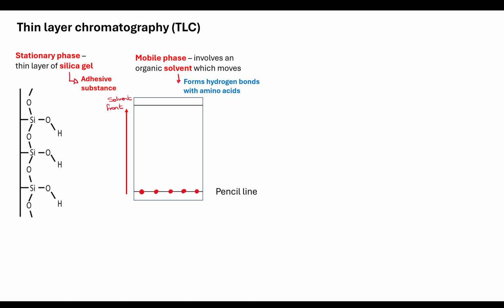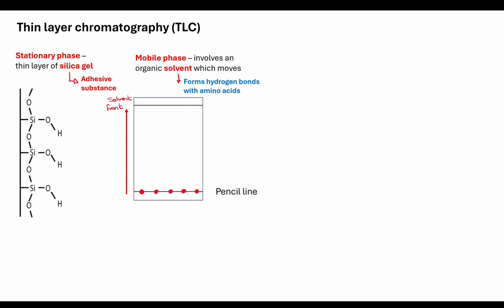So the next thing we need to understand is that mobile phase, that movement of the solvent, we call that the solvent front. So the solvent will move up through the plate, the mobile phase, and we will stop it about 2 centimeters from the top of the plate. Now, when we do that, we draw another line using pencil, and we call the distance between the pencil line and the point at which the solvent has stopped the solvent front. So that is important when we're measuring and working out